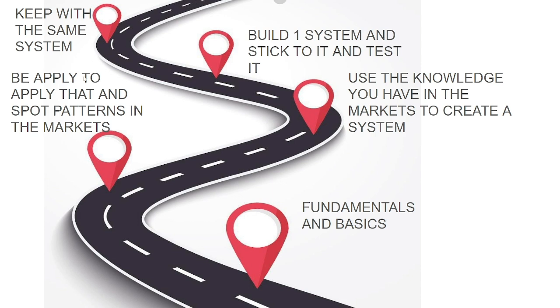Once you can spot patterns in the market and find repetition, then use that knowledge to create a system. What I was saying about repetition is, find something repeatable. I always get this question of, how do I find a system? I've learned everything I need to. I know all the concepts, I know arrays, order blocks, support and resistance lines. But how do I make a system?